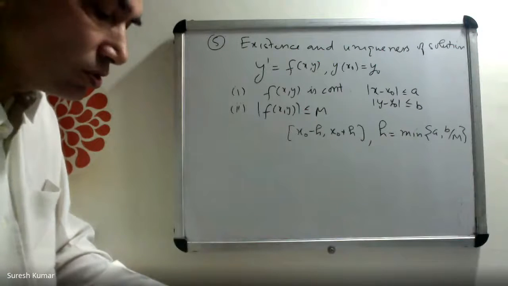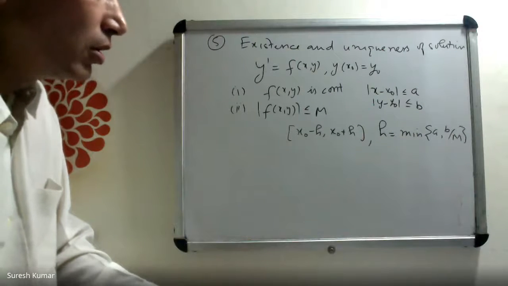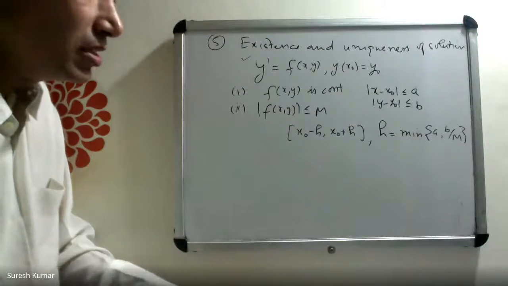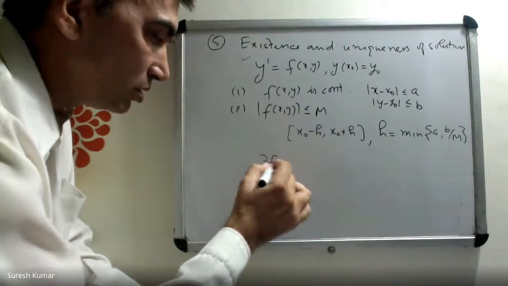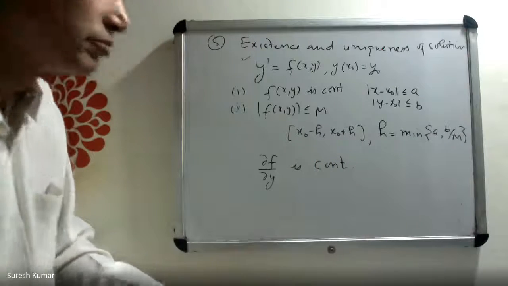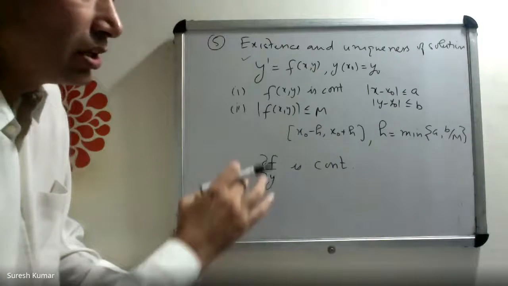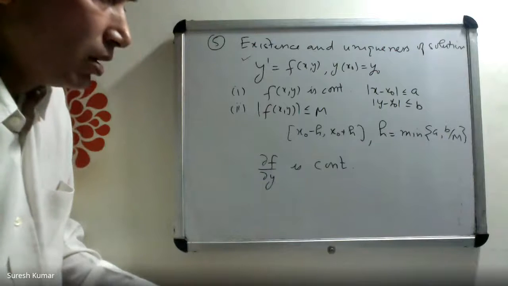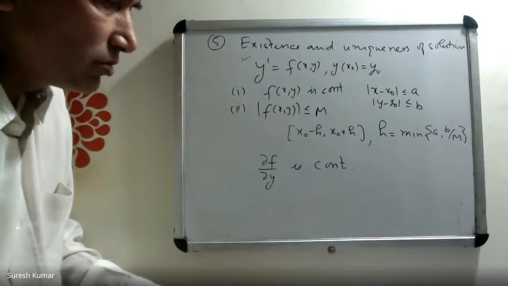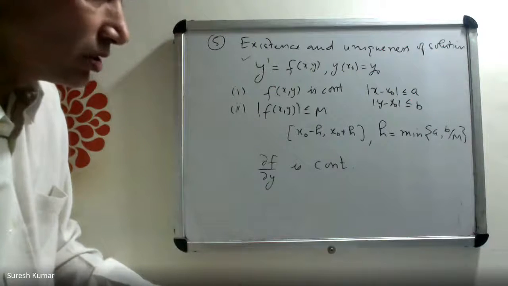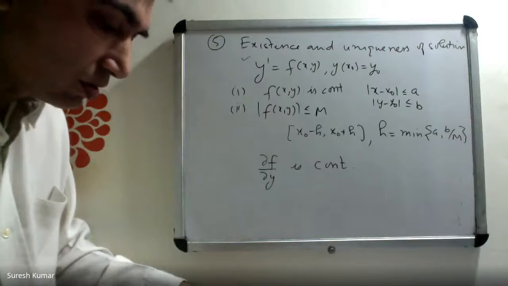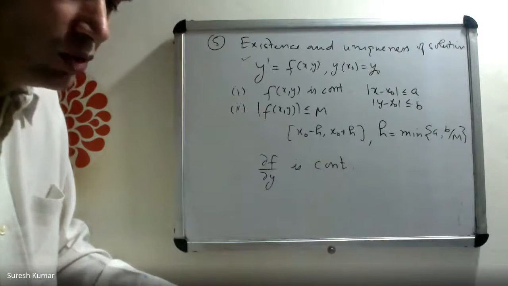So this is the existence theorem for the solution of this initial value problem. Uniqueness is also guaranteed provided del f over del y is also continuous. This we call Picard's theorem. And there is one more condition that is called the Lipschitz condition. If the Lipschitz condition is satisfied, then also you can say the solution is unique. Either the Lipschitz condition is satisfied or del f over del y is continuous. In both cases, you can guarantee uniqueness of the solution.